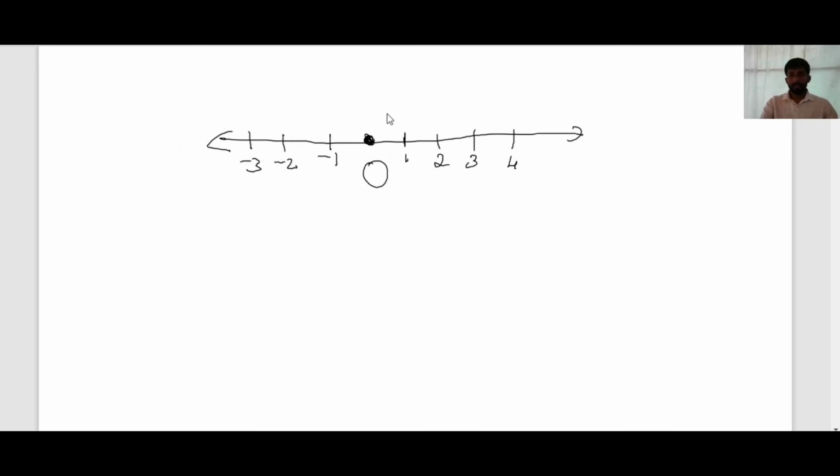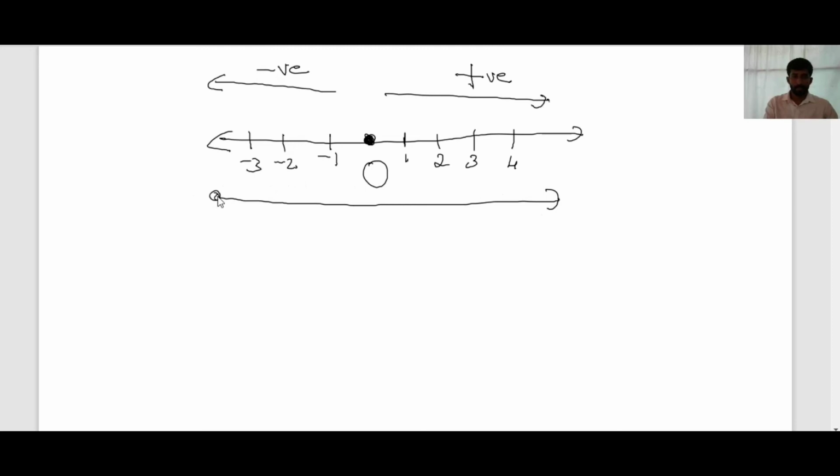Minus infinity. Then see, as we move to the right of the origin, all numbers are positive. As we move to the left side from the origin, all numbers are negative. That means as we move from left side to right side, the value of the numbers increases. Yes or no? See, minus 2, minus 1, 0, all are increased by plus 1 here if you take integers, right? So as we move from left side to right side in a number line, values increase.